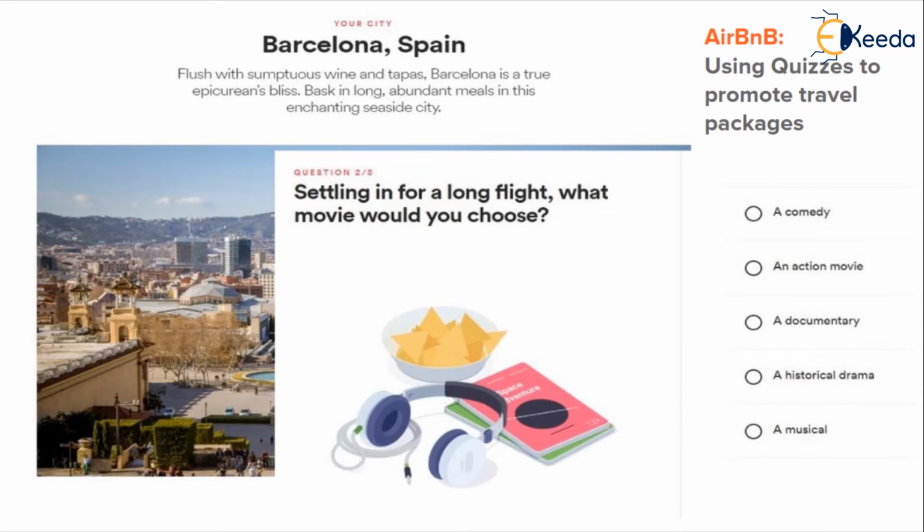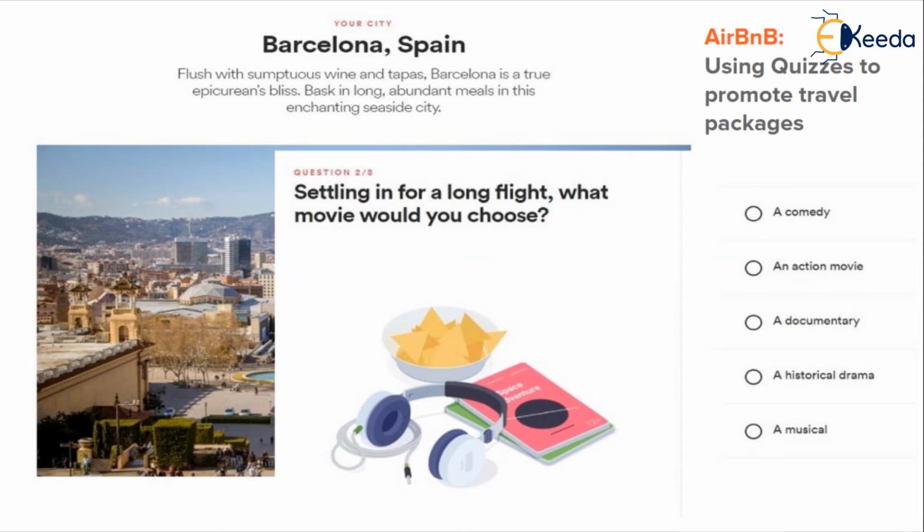Here, as you can see, Airbnb has used the quiz as a content format very successfully. They have an 8 question quiz designed to ask their website visitors what kind of travel habits they have. And questions like these: when settling in for a long flight, what movie would you choose?